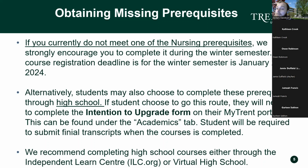So again, by being flexible with prerequisite requirements, students who are in their first year at Trent can choose to take some of their missing prerequisites back at high school, and we'd be able to accept those. Now, those prerequisite courses would have to be the grade 12 4U level courses in your missing prerequisite subject area, so either biology, well, really it's usually just chemistry or math,